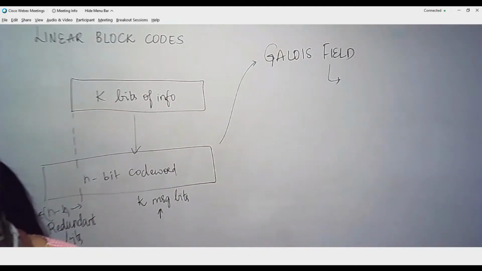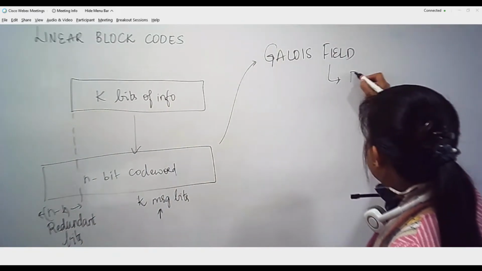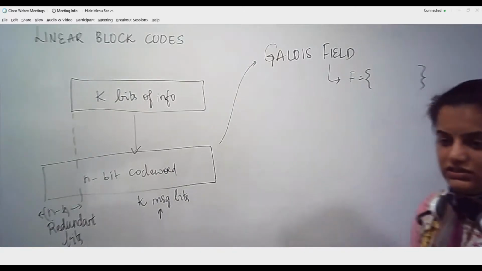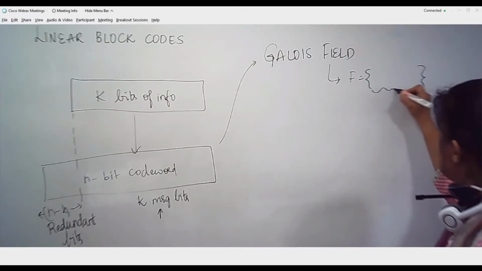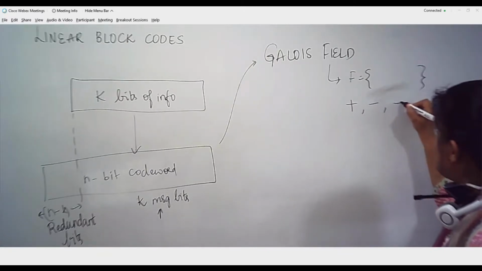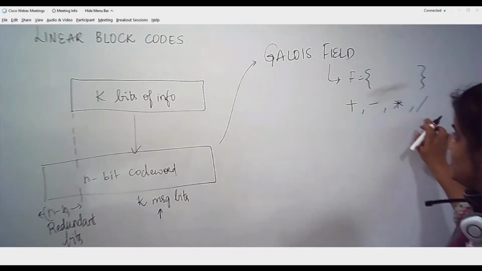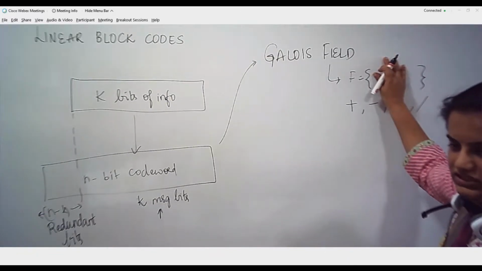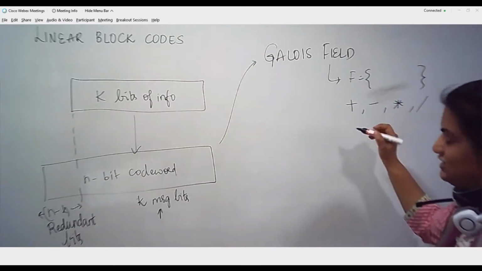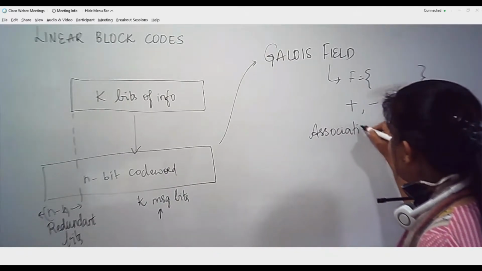In linear algebra or in an algebraic explanation, a field is nothing but a space or a set of elements upon which we can have certain operations like addition, subtraction, multiplication and division. We can perform these four operations on the elements within this field such that they satisfy certain conditions.